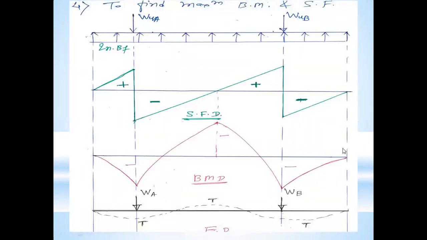Next, that is the structural analysis that we have to make. Next step, we will calculate the shear force and bending moment. You can see the footing from the starting to the end. These are WA, WB, the columns which are resting on this footing, and based on this, we have to calculate the shear force and the bending moment diagram of that footing.